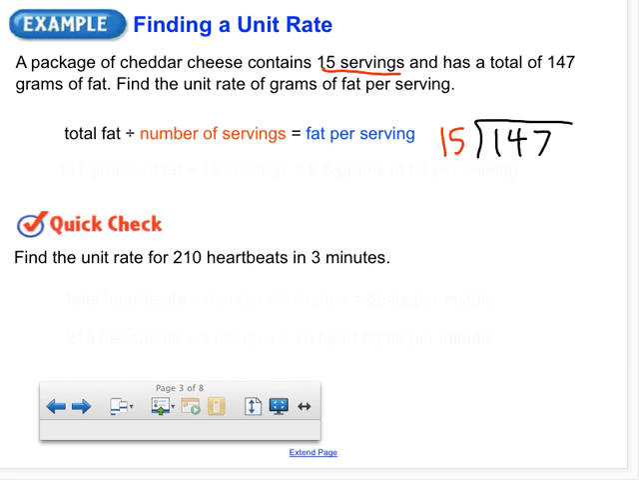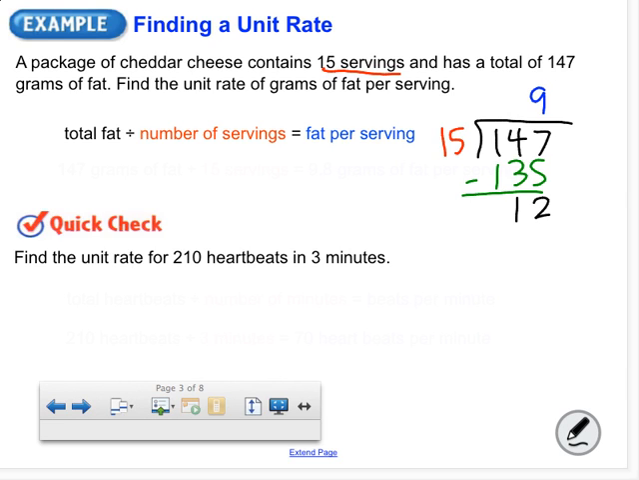What'd you get? That's correct. So 15 times 10 is 150. That's too much. So when we worked this out earlier, what was 9 times 15? What'd you get for that? 135. So 9 times 15 is 135. So we're going to subtract that. And what we get back,